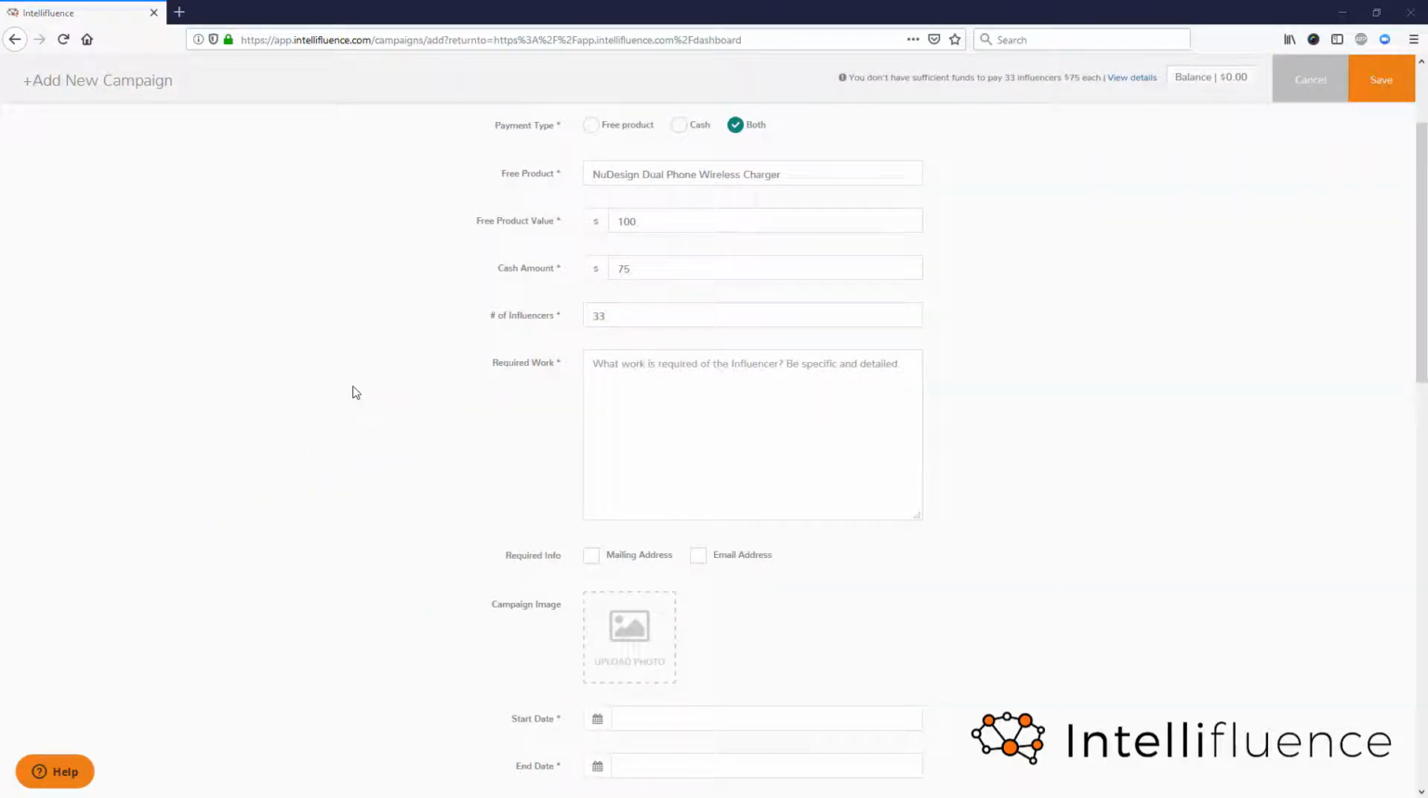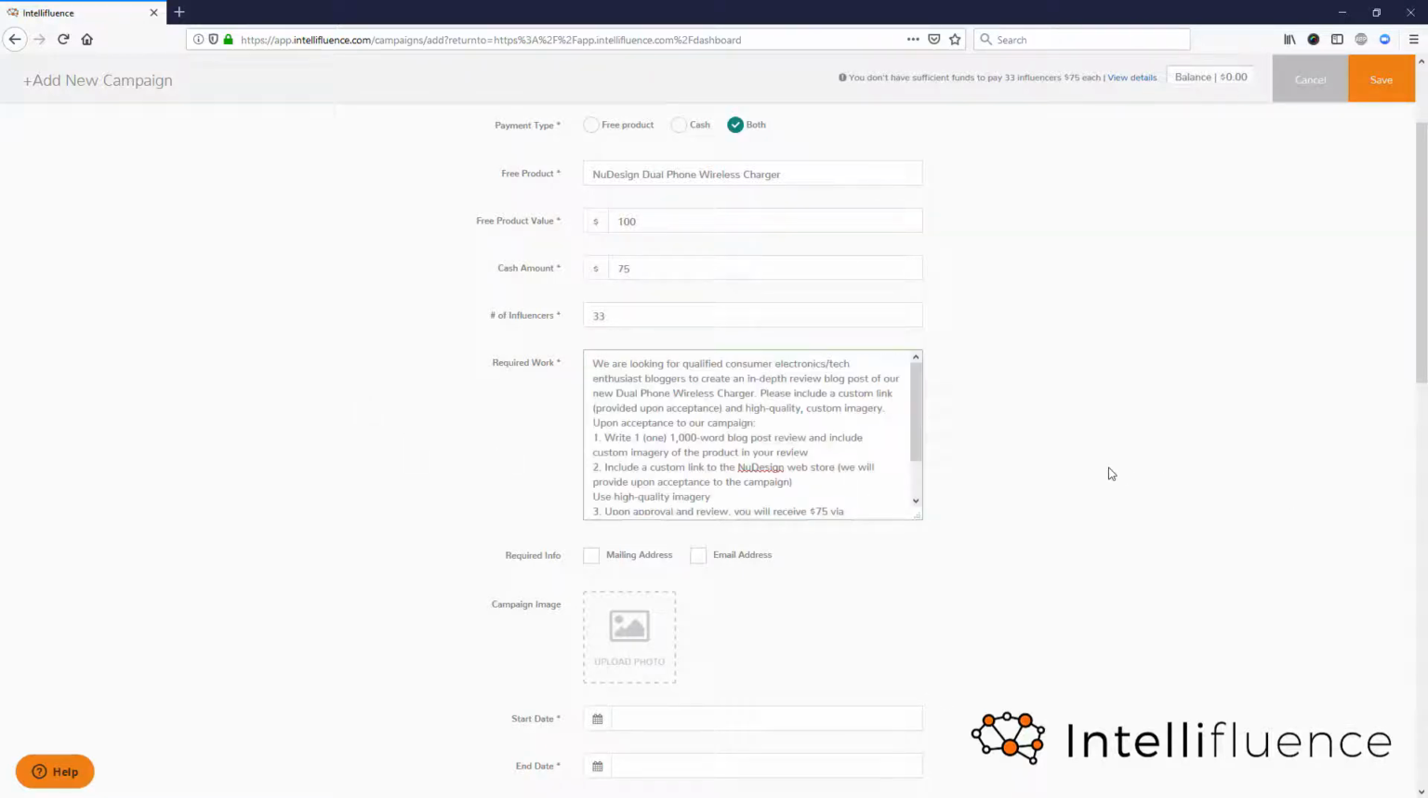Next, the required work section is really important, so I want to take a minute to highlight it. You want to make sure you include all of the required work associated with your campaign. We've noticed if there's ever an issue with a transaction, it's typically because there's a miscommunication here within the required work section. You want to be very explicit with what you're looking for. So I include all of the information here